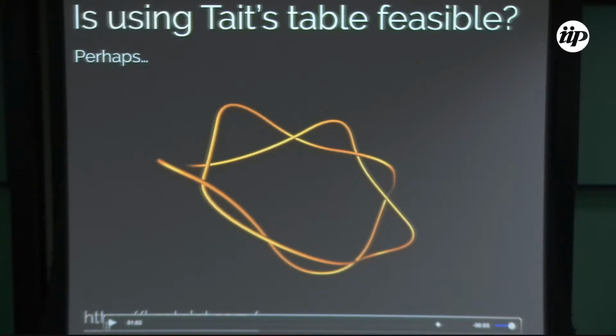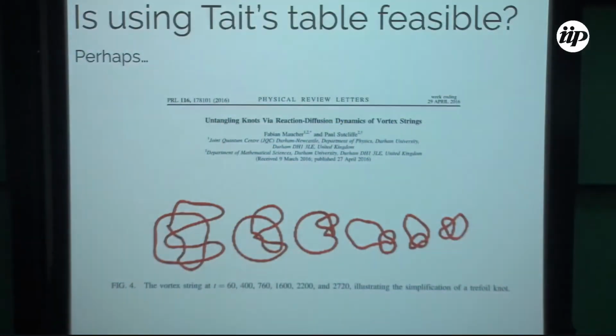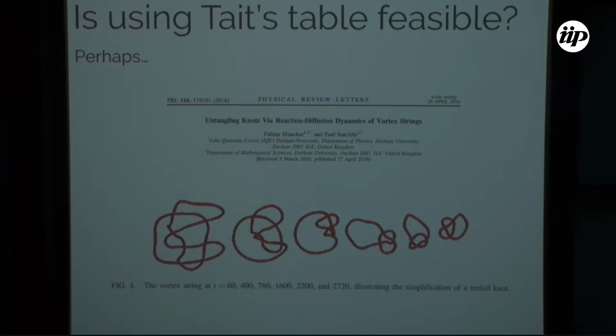Okay, now I agree this is pretty slow, so there are other techniques. There are various algorithms that have been proposed. This is just a recent one that I point out just because it's colleagues down the road in Durham, where they proposed this reaction diffusion model to untie vortex knots. So it's not something that I'll do today, but I just want to point out that it is